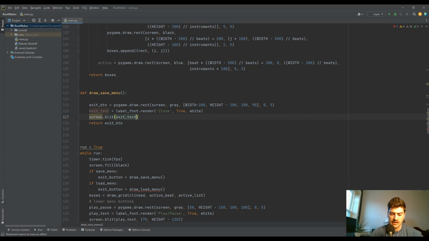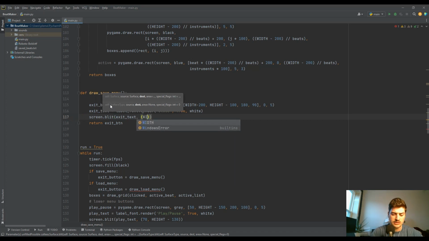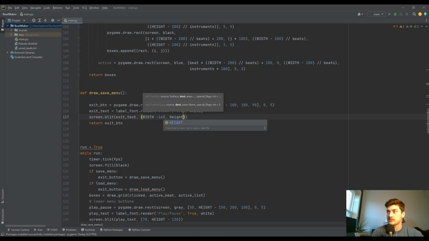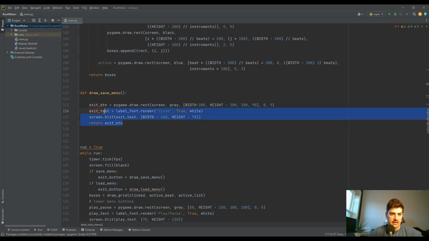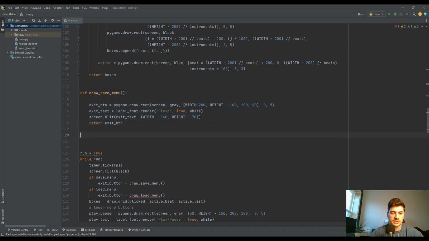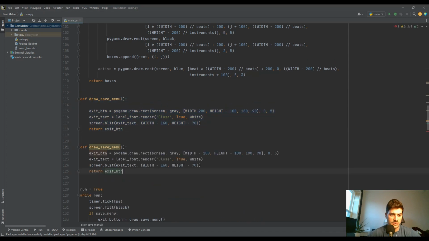Exit text. And what do we want for the coordinates for this guy? We'll put it at width minus 160, so we want it inside that button. Width minus 160 and height minus 70. That'll do, a little bit of cushion there. And let's see, I'm basically going to copy this entire thing for draw load